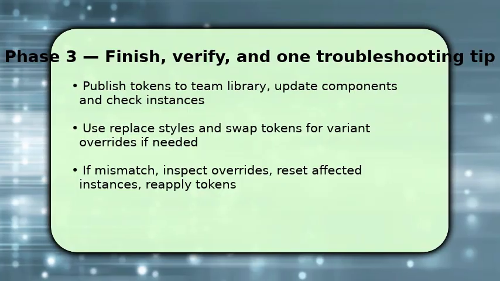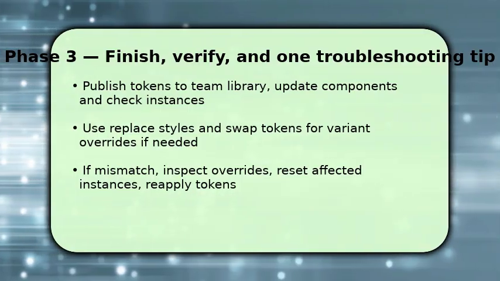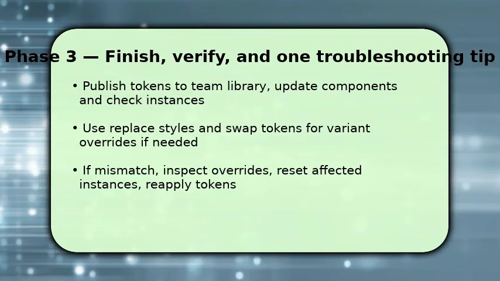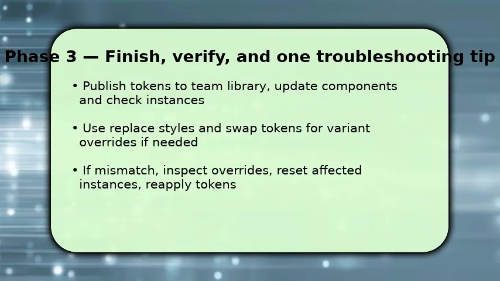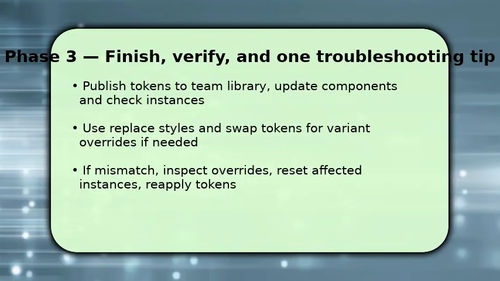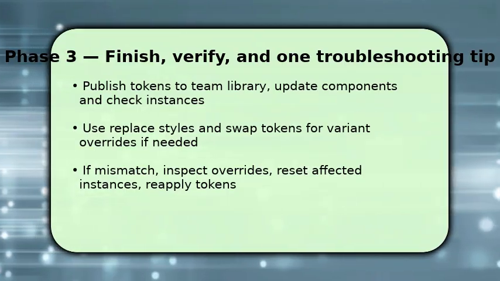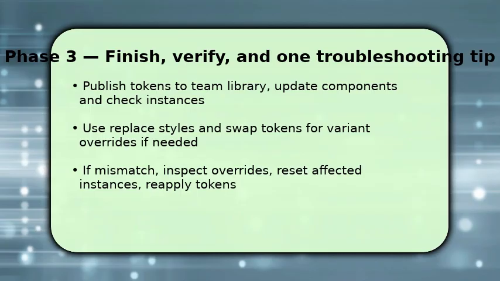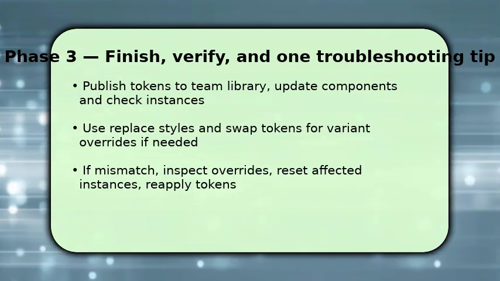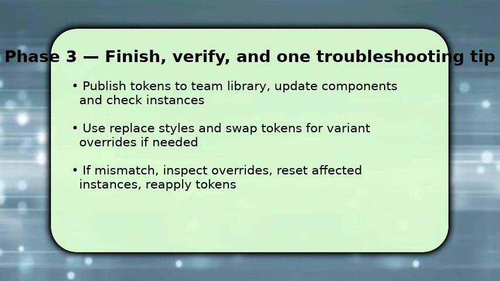This is critical for consistency. Once published, update components and check instances across screens. Use replace styles and token swaps for variant overrides when exceptions exist. If something looks off, inspect overrides on the problematic instance, reset local styles, and reapply tokens. That fixes most mismatches. Finally, communicate changes to your team so everyone